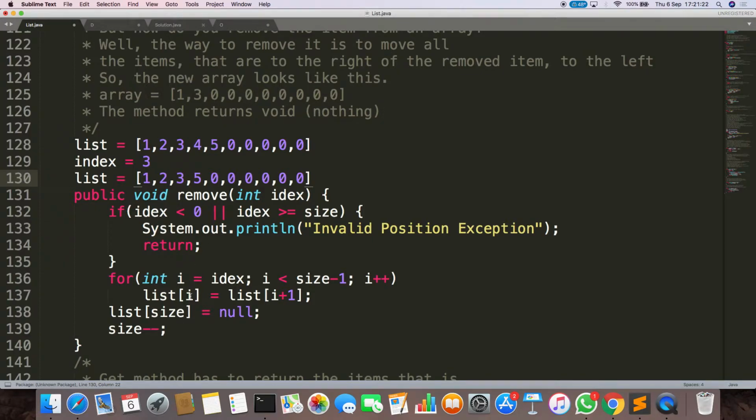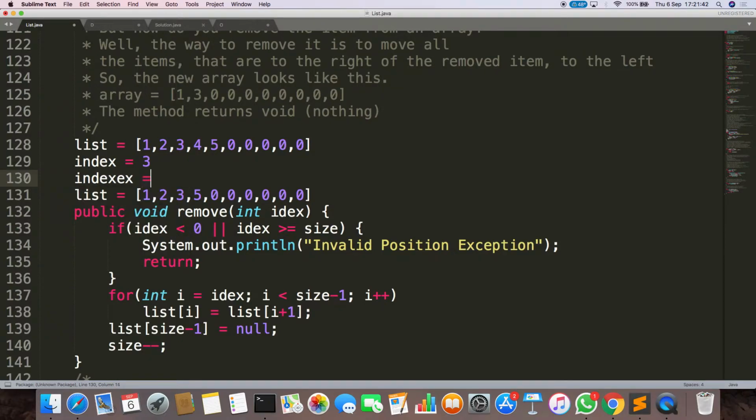List of size, so this should be size minus 1, I think. Index and size. This should be size minus 1, I think. Why size minus 1? This is 0 1 2 3 4 5 6 7 8 9, right? So which element am I trying to remove? This is the original array. Now which element am I trying to remove? 3, not element 4, at what index? Yes, 3. List of 3 is 4. So I have to make it